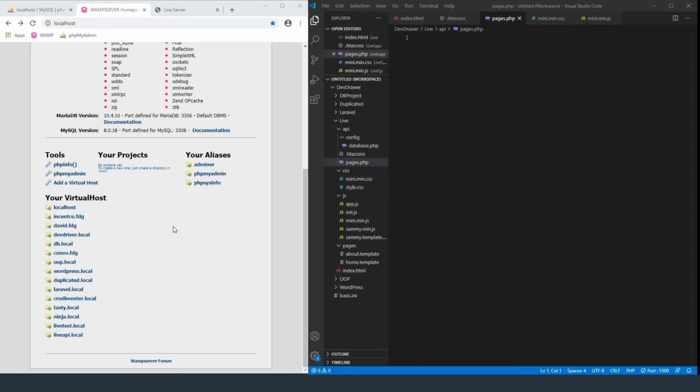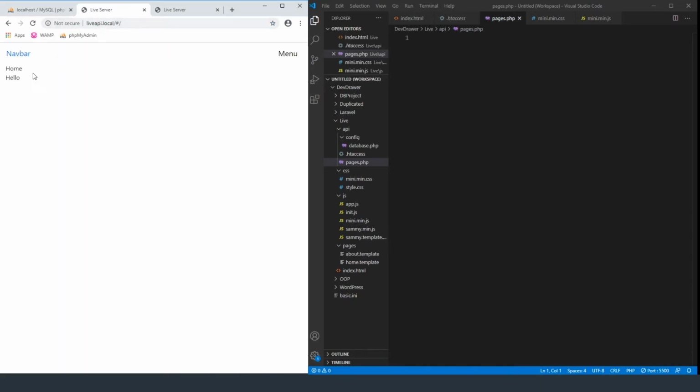Okay, so I figured out what I did wrong. Whenever I was doing the folder directory, I put in the /API for here, so I ended up going into the virtual host configuration for WAMP and removing the /API from the virtual host configuration. And now if you click on